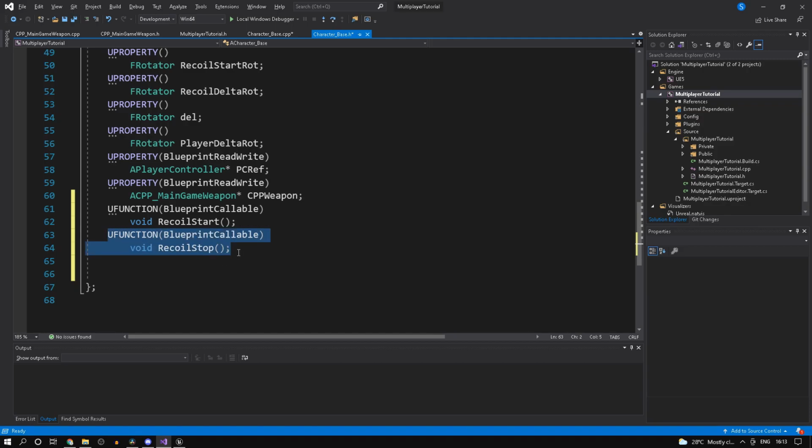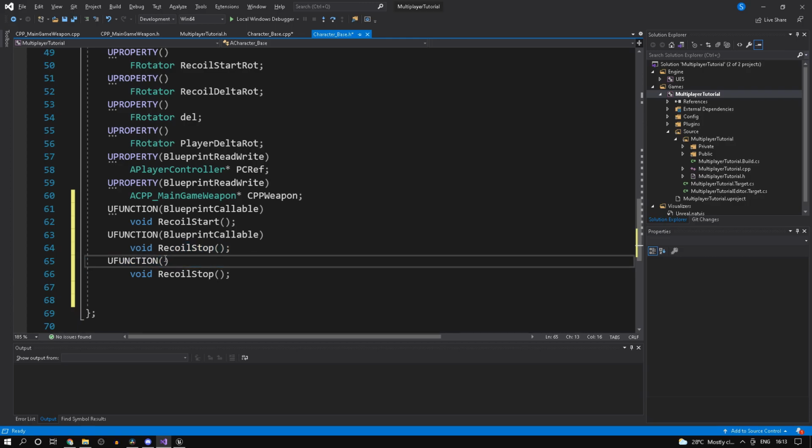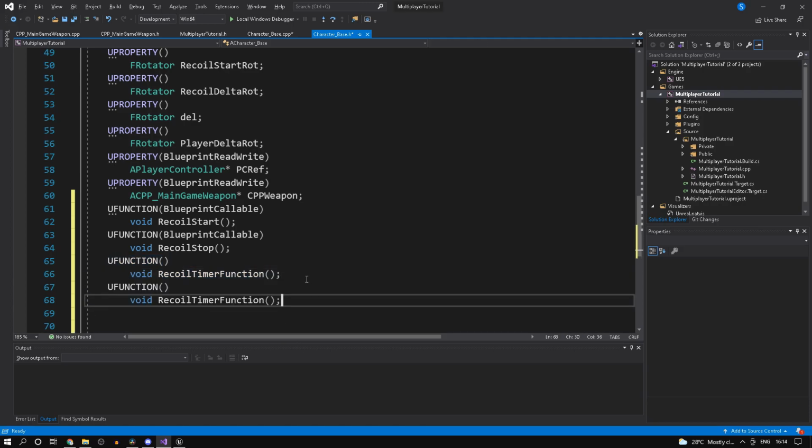and we'll have a few more functions actually. So we'll just remove the blueprint callable from this. We'll just be running all the functionality in C++. So this one we are actually going to be calling recoil timer function, and we'll again copy and paste this over, and we'll be calling this recovery timer function.